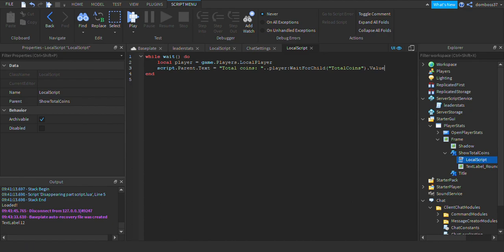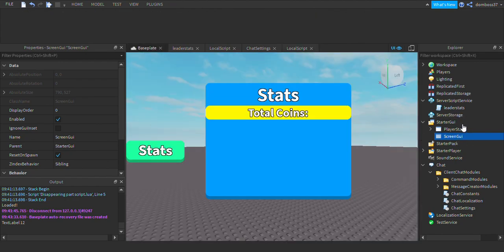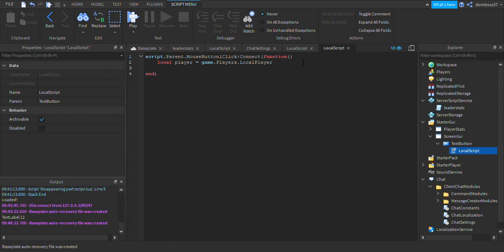Alright, and you don't have to do this. I'm just going to do this for a quick test, to show you guys that this works and make sure that it works. Script.Parent.MouseButton1Click connect function. Local player equals game.Players.LocalPlayer. Then we'll do player colon wait for child total coins